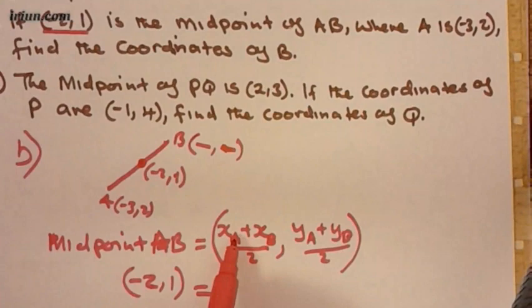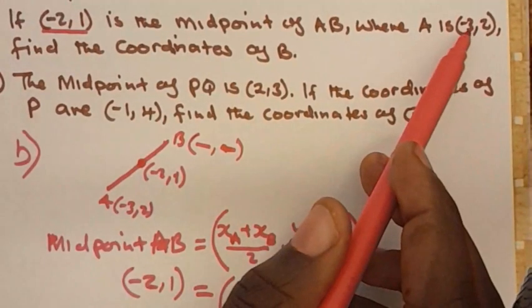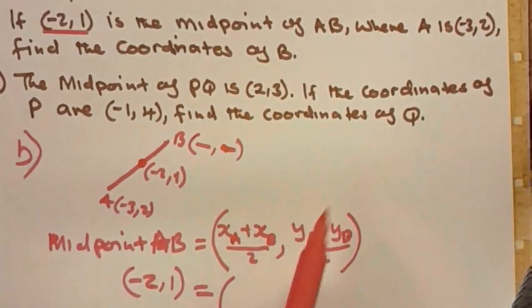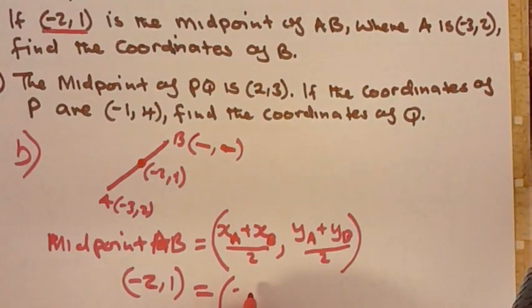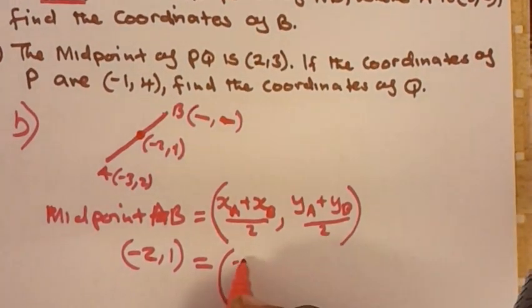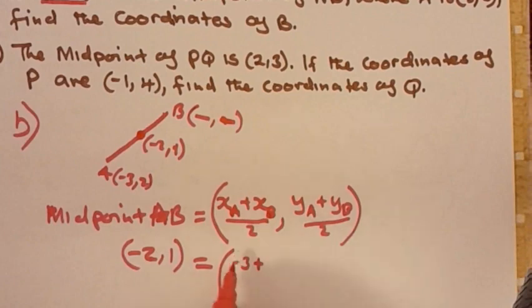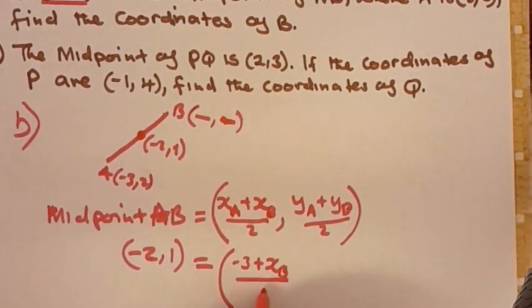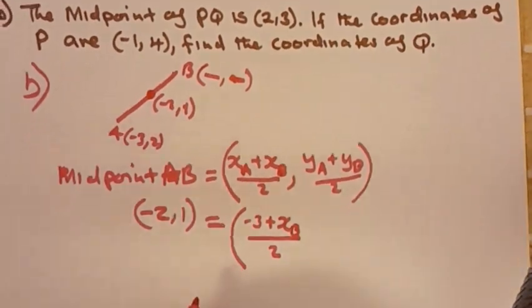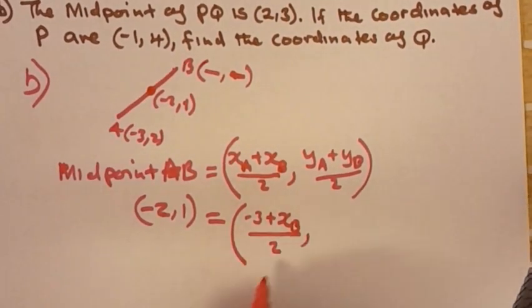So X in A, the X coordinate in A, is negative 3. So we're going to say negative 3 plus the X coordinate in B, which is the one that we are looking for. So we're going to say X in B like that, then divide by 2 like that, comma,